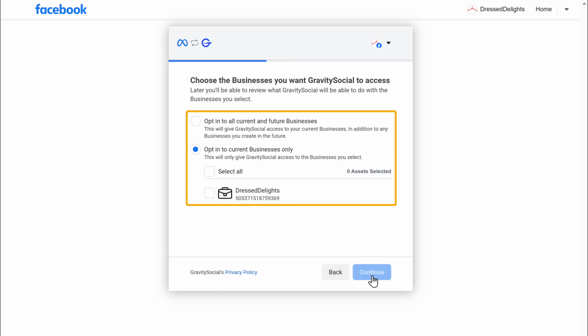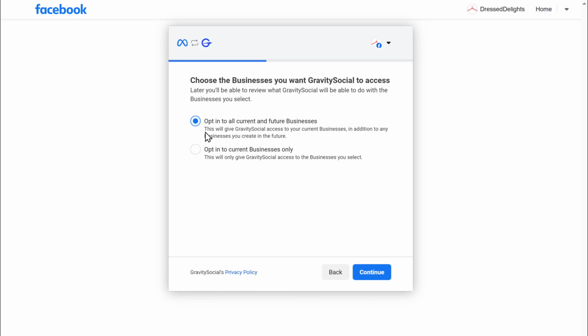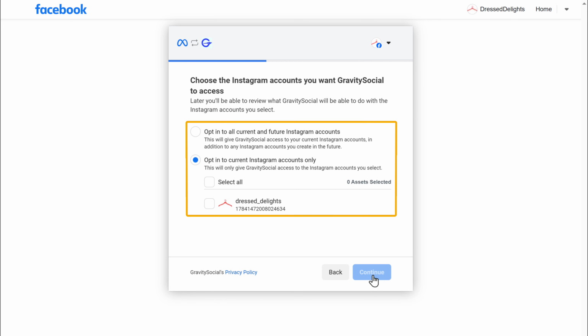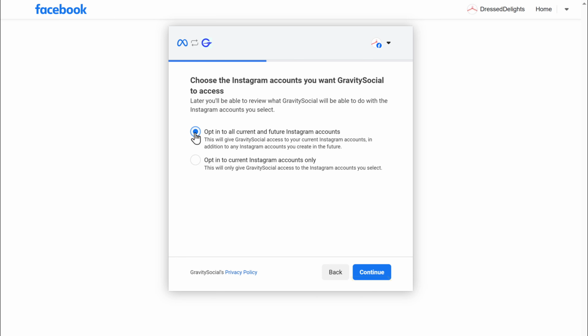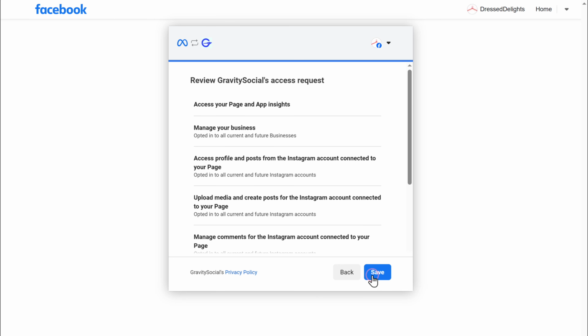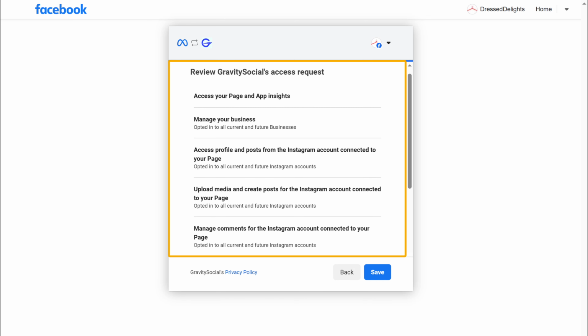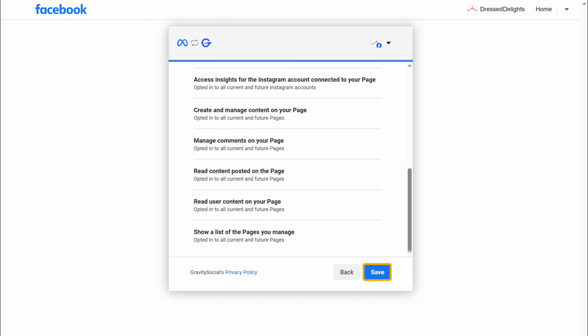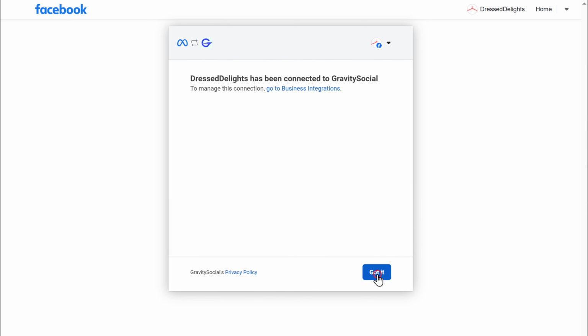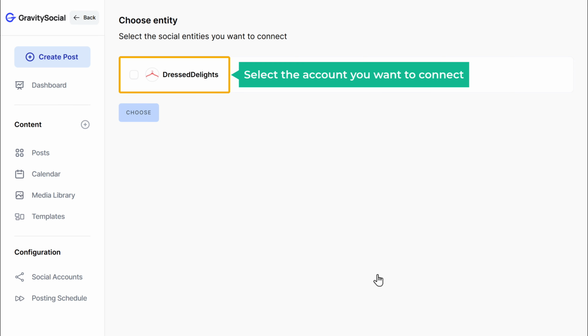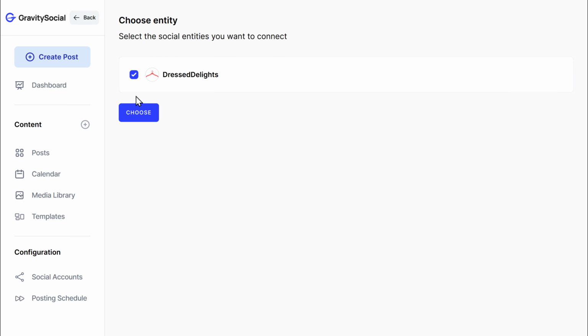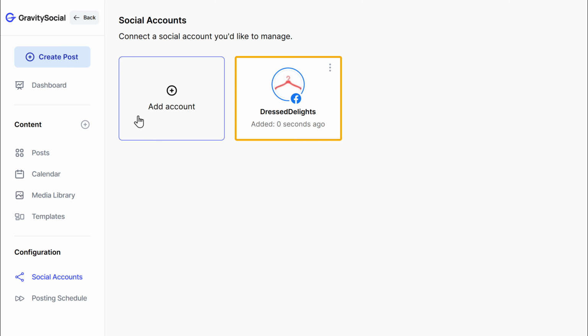After that, select the businesses and then select the Instagram accounts you want Gravity Social to access. Click on Continue. You will see the access review page. Go through it and click on Save to continue. Finally, select the account you want to connect. And just like this, your Facebook page will be connected to Gravity Social.